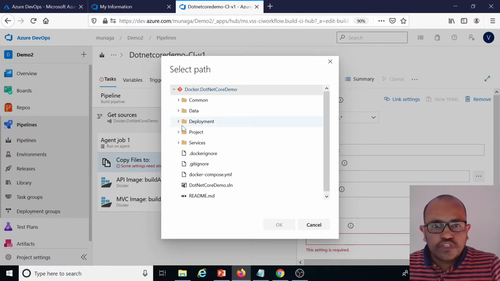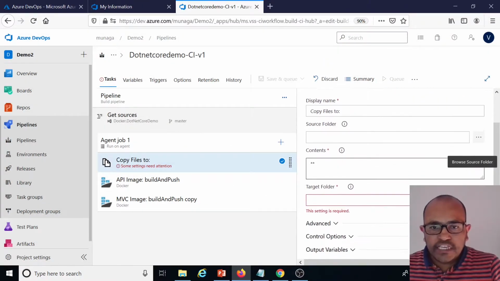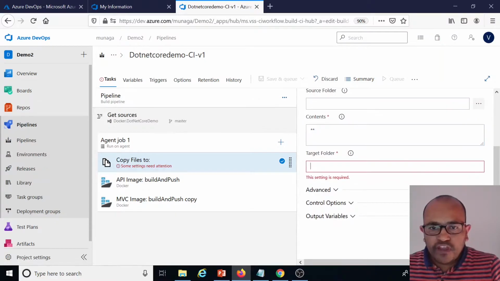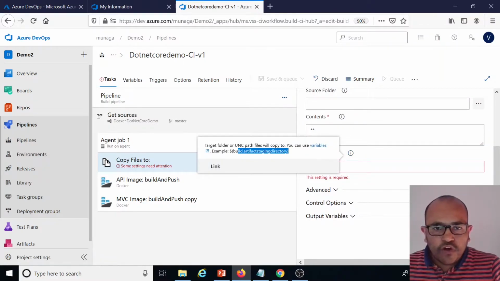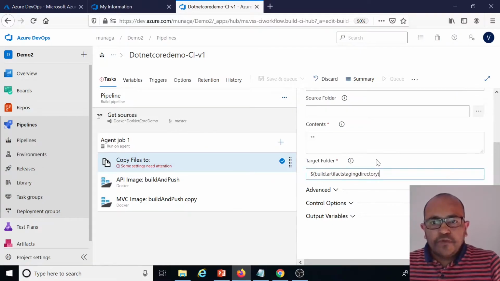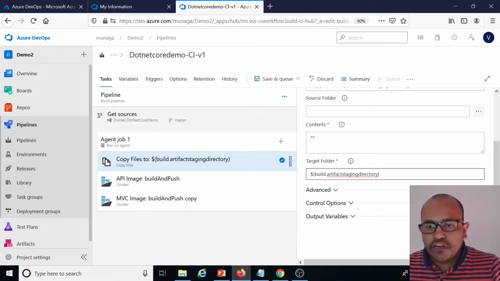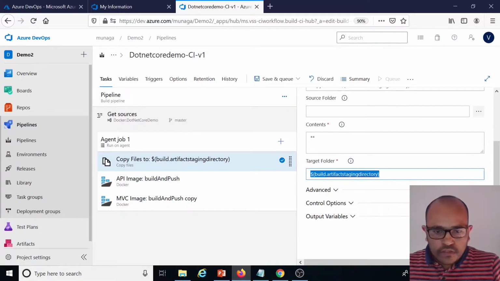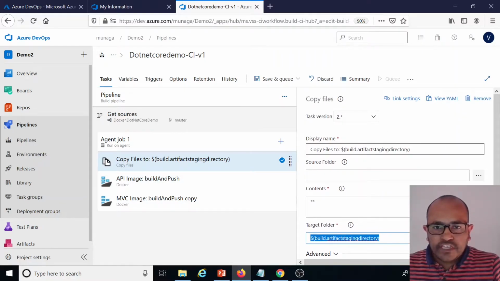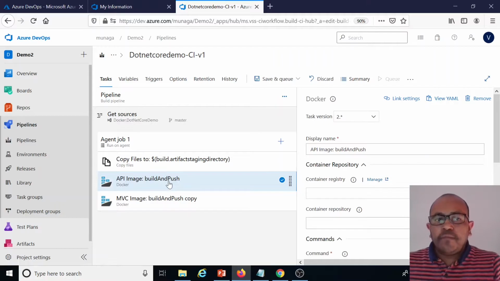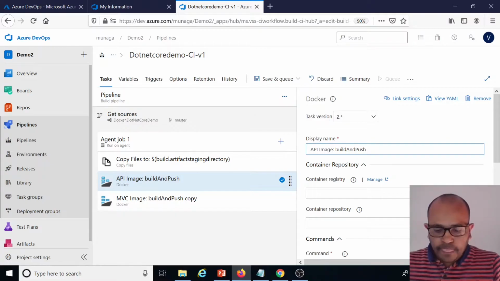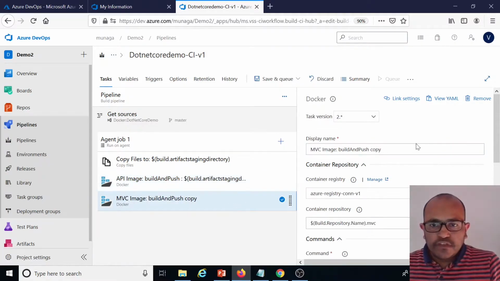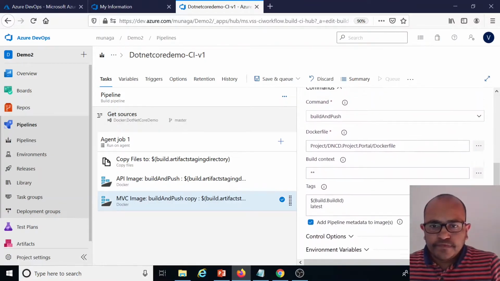source folder, the source folder is this one. I'm not changing anything here, I want to copy everything. And the target folder, if you see here, you can copy this one also, because this is the target location. The artifact location is automatically, dynamically detected. I will show while running this one. So while building the pipeline tasks, I will show the path where it is executing the task, and for that purpose I am also specifying it here. This is just the name, right? I can put anything here dynamically. I put this one.